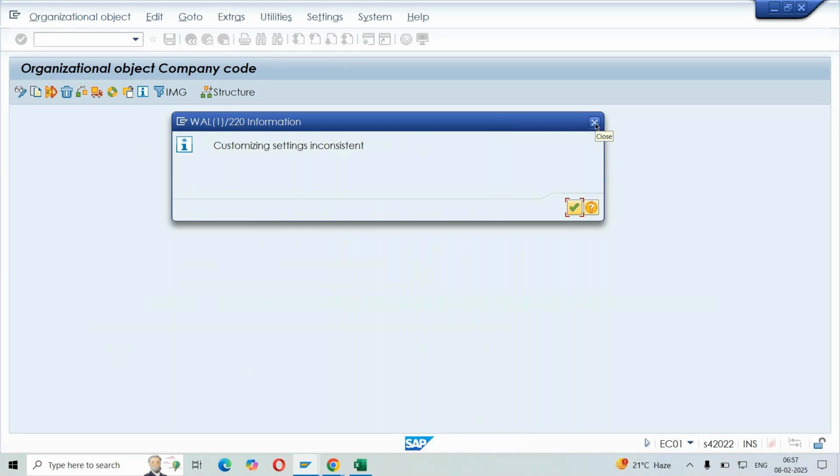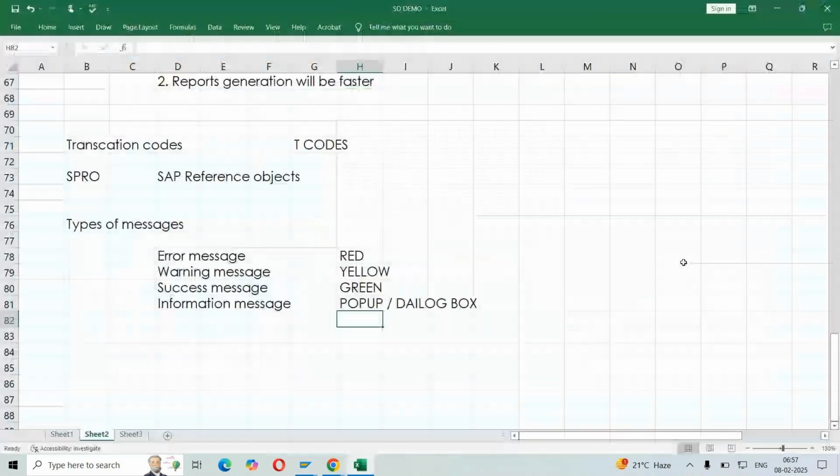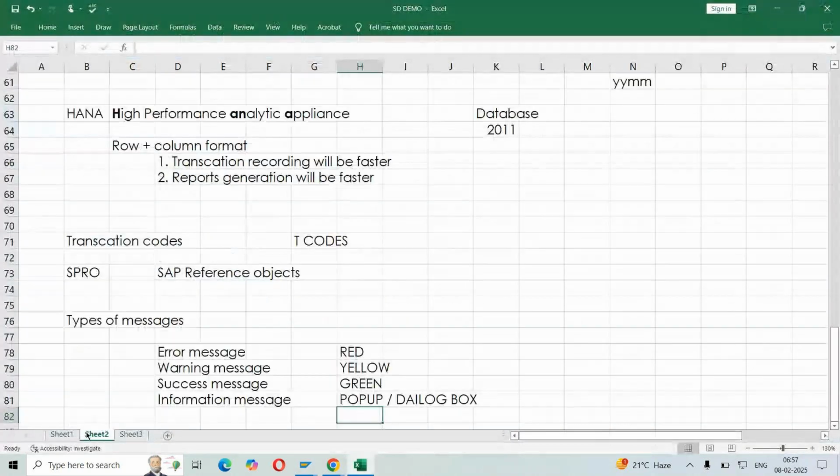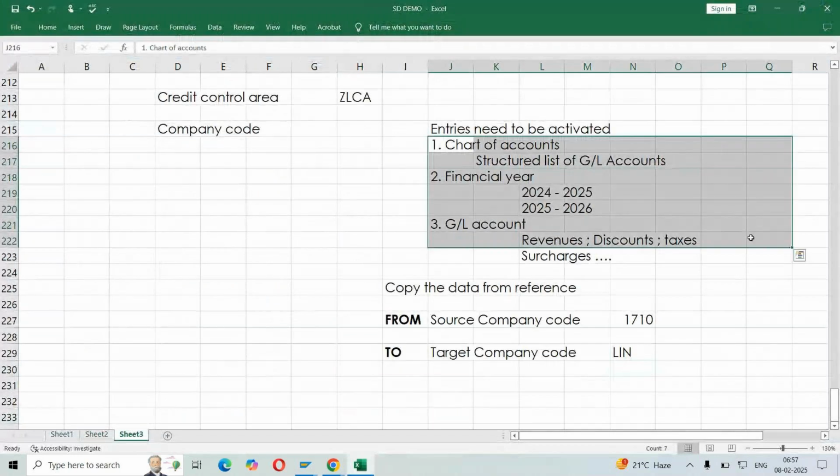If you cancel, these entries will not get copied. If these entries are not copied, you won't find any difficulties right now. But when we start recording incoming payments and outgoing payments, you will find a lot of errors coming up. So when you create a company code, make sure you click on the continue option